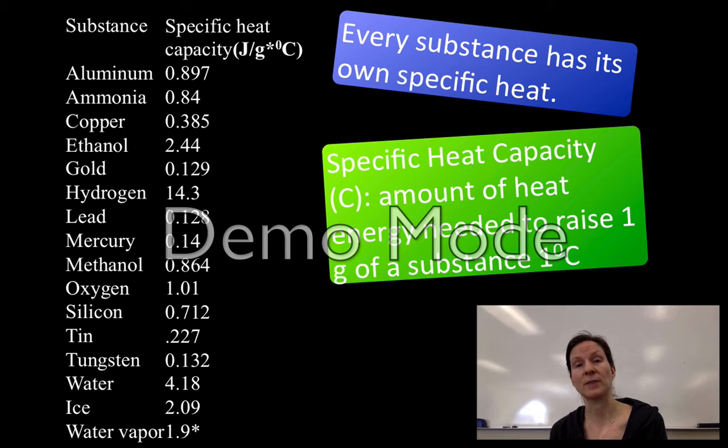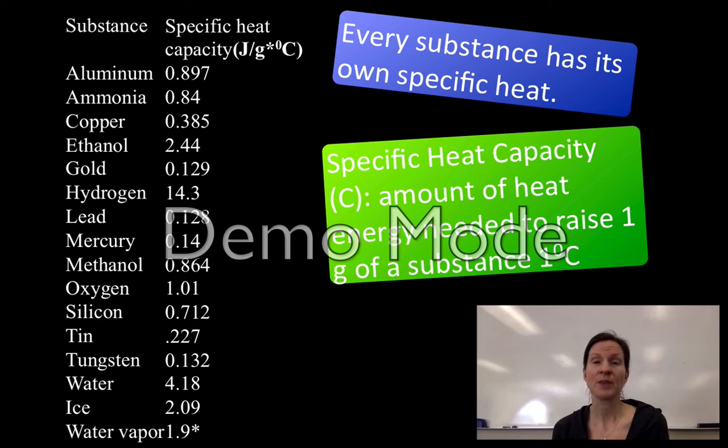So how much energy it takes for 1 gram of any object to go 1 degree hotter. The table of specific heat capacities will be given to you. They're not numbers you need to memorize. There'll be a thermochemical reference table where you'll get all these values. And this specific heat capacity is dependent on the substance because really it's measuring that potential in the substance. Some have a potential to need more energy to take their mass and heat it up 1 degree,